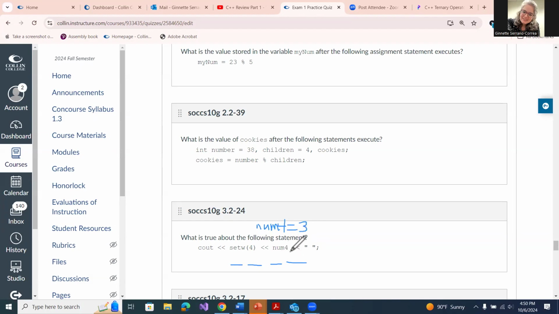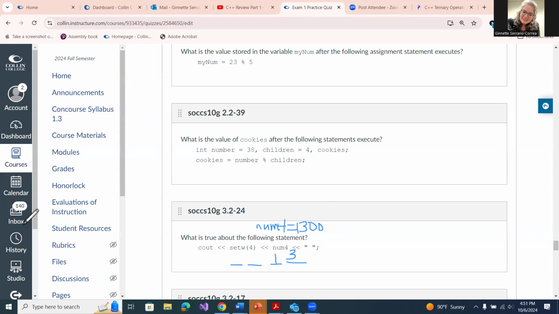It means that that 3 would get put here. Okay, so just a review of setw. If num4 was a 13, then this would be num4. If num4 was 1300,